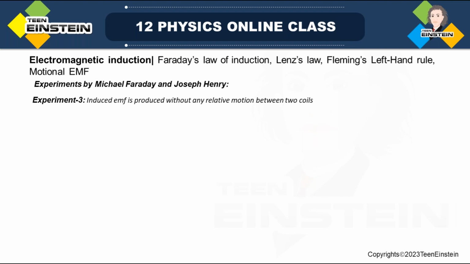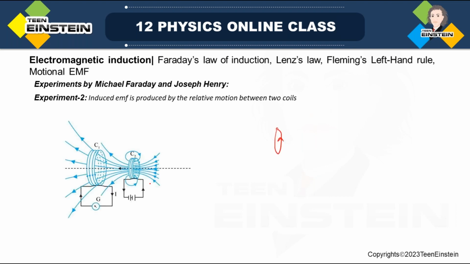Okay, so here itself, if I just take this coil C2, and here if there is a tapping key or switch, and the key is suddenly closed, then what happens? Suddenly closed means current will be suddenly increasing. Suppose the fixed current is 5 ampere, then as soon as you switch on, the current has to rise within a fraction of a second